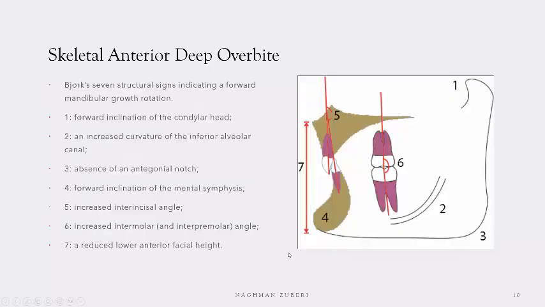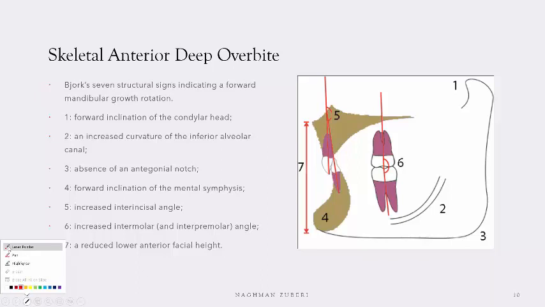Well, what are those 7 structural signs? Forward inclination of the condylar head, number 1. Number 2, if you look at the lateral ceph, you will see an increased curvature of the inferior alveolar canal. Then the third point will be